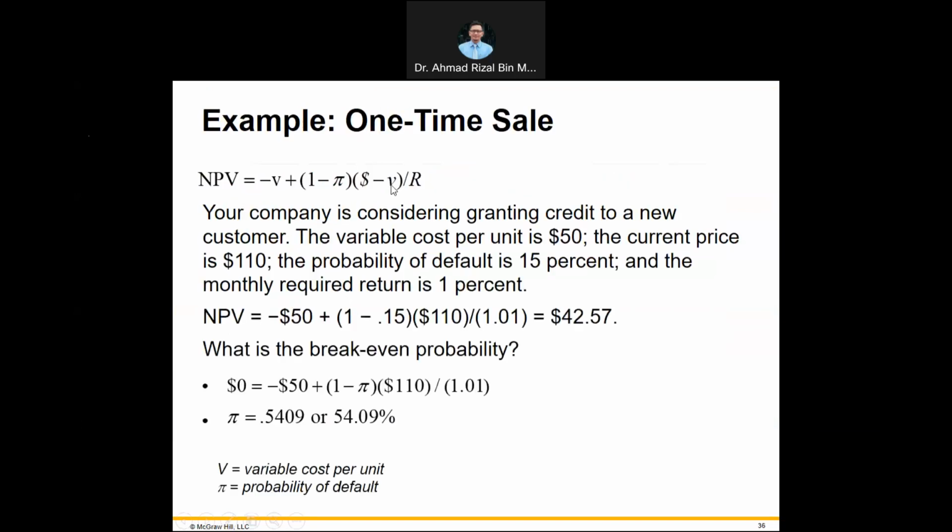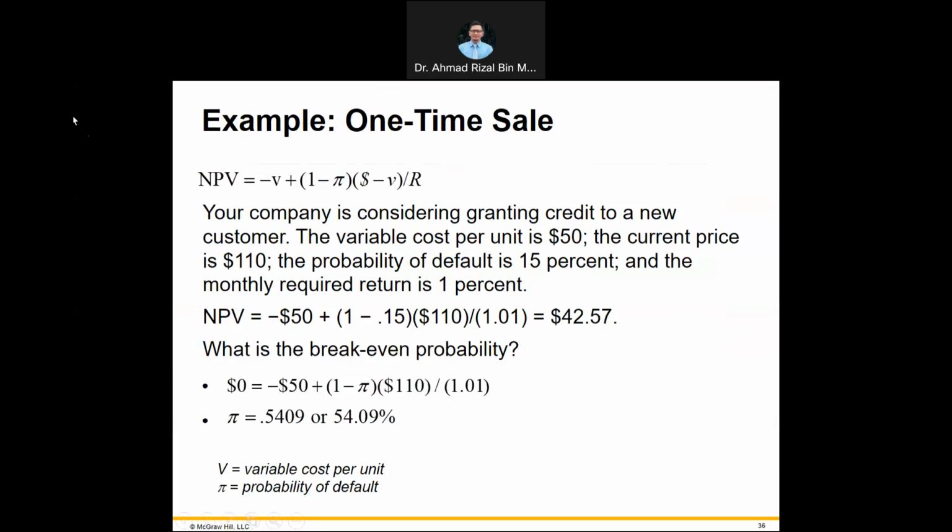So this is an example of how you can calculate the NPV. If you offer a discount, you're granting credit to your customer. So there are two scenarios here, two cases. The first one would be if you extend the facility to a new customer. A new customer means you treat it as a one-off transaction or one-off item. The reason being that you are not sure yet whether the customer would come back to you with repeat orders. So by being conservative, you assume that this is a one-off